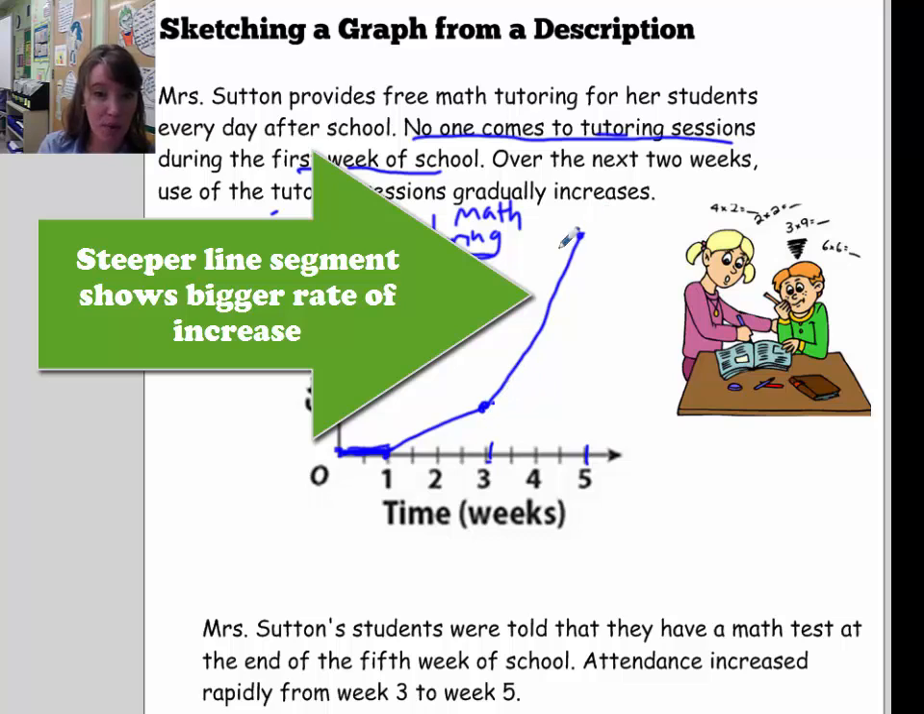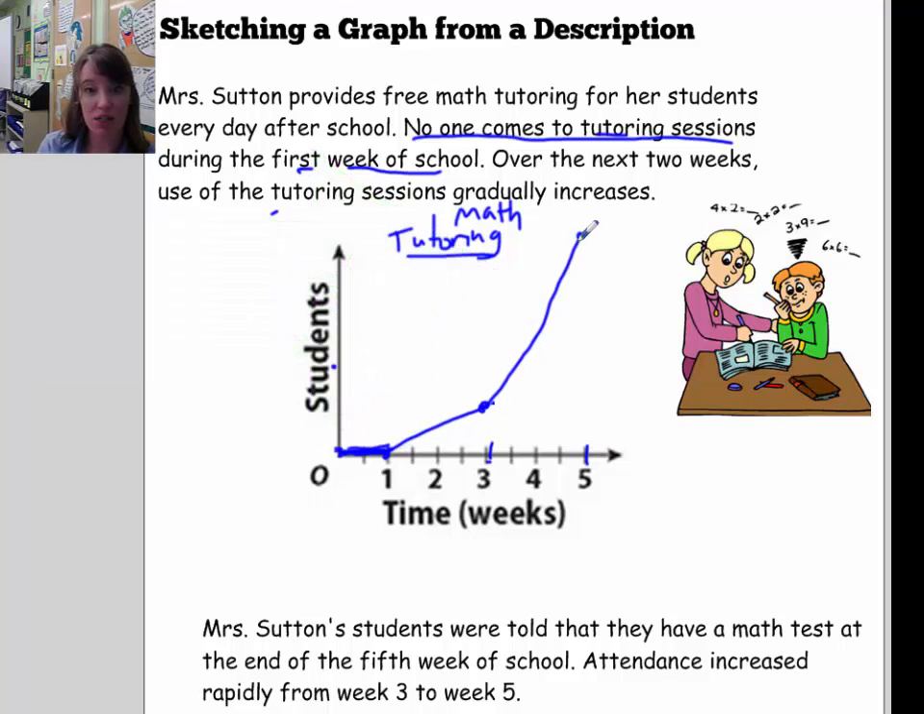So you can see that the slope of this line segment here is greater than the slope of this line segment. So the rate of change is steeper. All right, and that has to do with the rapid increase as opposed to this gradual increase. Okay, and that's how you draw a graph of a function given a description of the function. Now let's say after week 5 we have the same amount of students coming and there's no increase. Well, then what we'd see is this horizontal line segment,